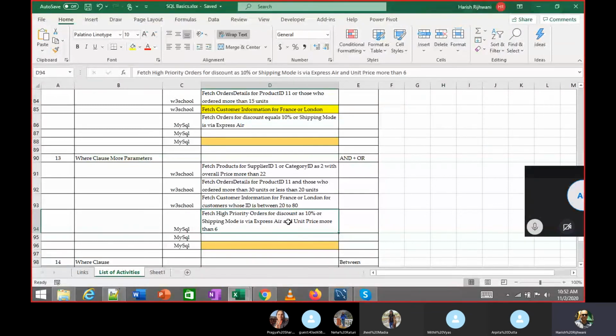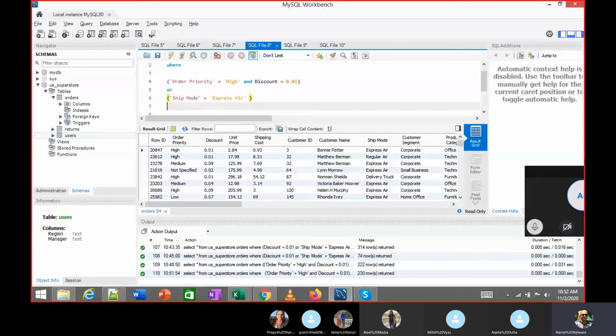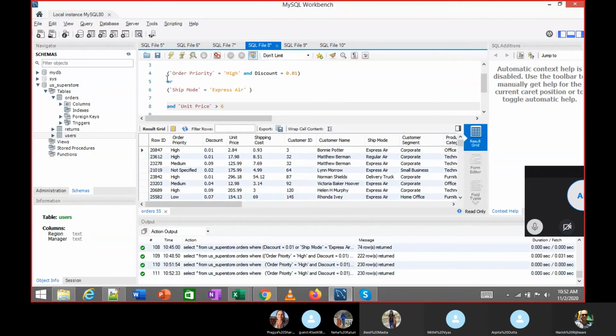So the way I've written it, if I change this to overall unit price more than 6 over here, it would indicate that for each of these conditions, this should get satisfied. So I can't put an AND just like this. If I put an AND just like this, ideally I would want it applied to both of these conditions.